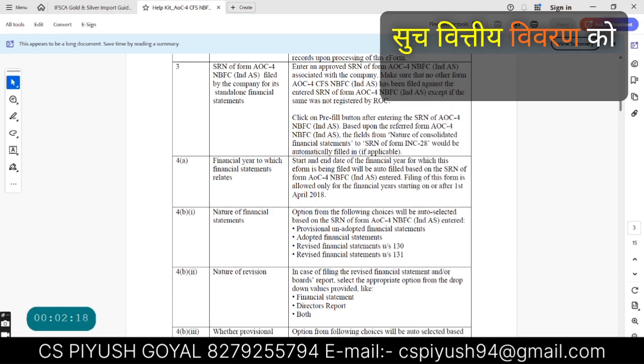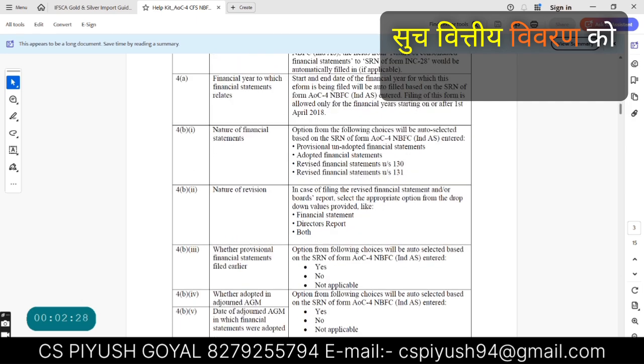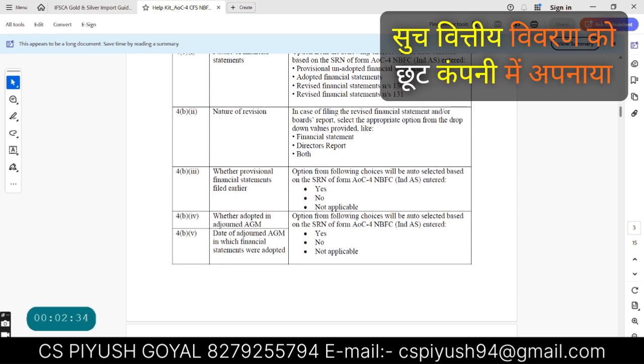Nature of revision: if you want to revise the financial statement, then select the nature of revision from the drop down box. If the financial statement is a provisional financial statement, then mention whether it was adopted in AGM. If adopted in the original AGM, there is no requirement to mention it in this box.